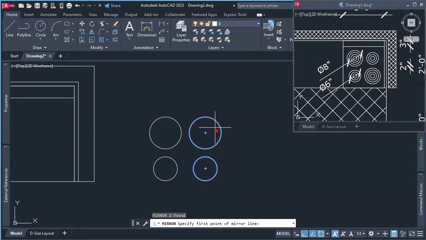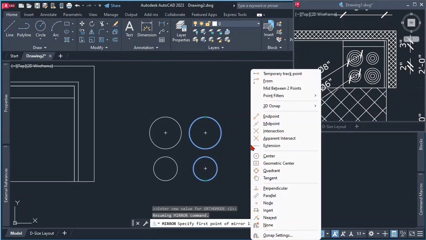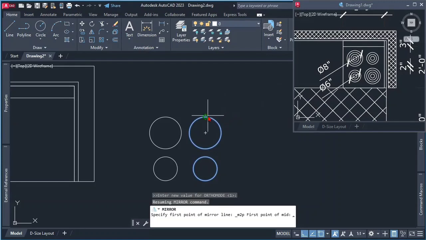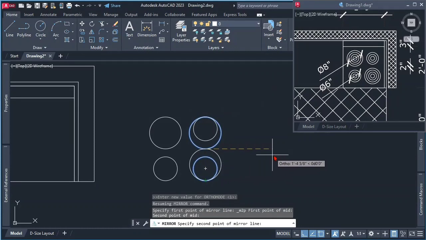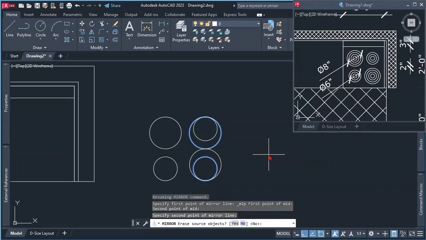So my mirror line had to be exactly on the center of these 2 points. How do I do that? Well, using the trick that we used before. Holding Shift, right click, and say middle between 2 points. So let's click. So I'm going to select this point and this other point. So that way my mirror line is exactly on the middle. So now if I move right or left like so and click,